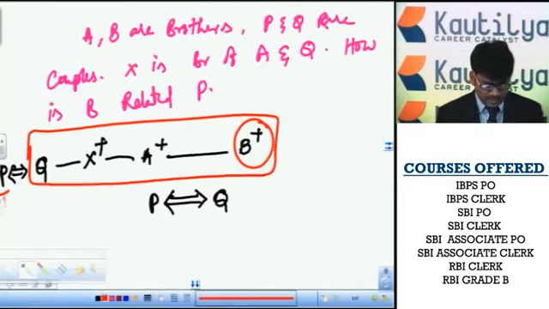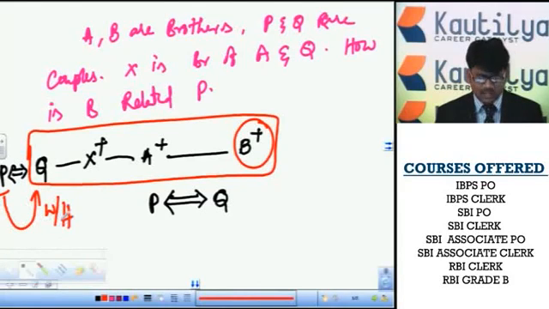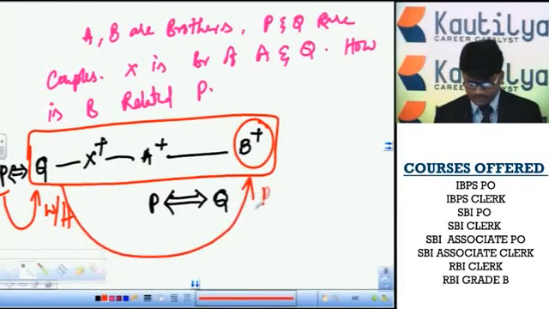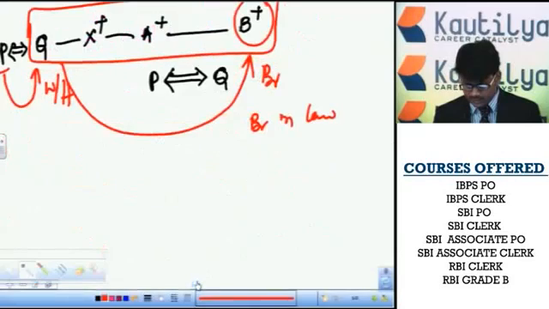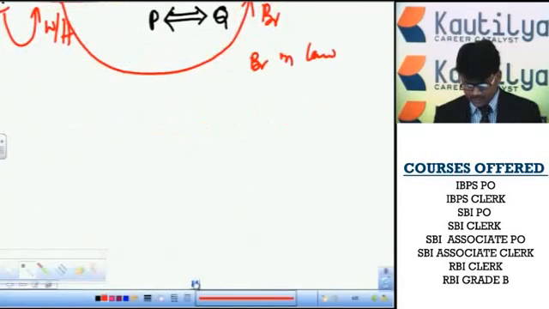P has a spouse, that is Q. Spouse means wife or husband. That wife or husband has a brother, B. A wife's brother is called a brother-in-law, and a husband's brother is also called a brother-in-law. The person B related to P is definitely a brother-in-law. These are the problems in group relations.